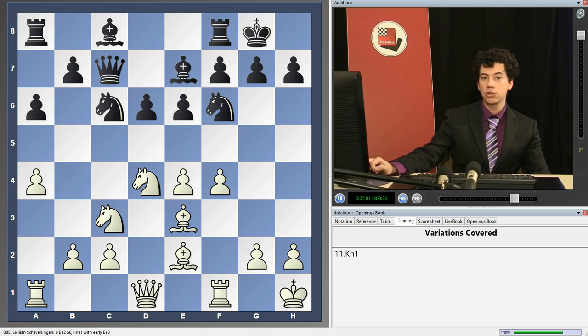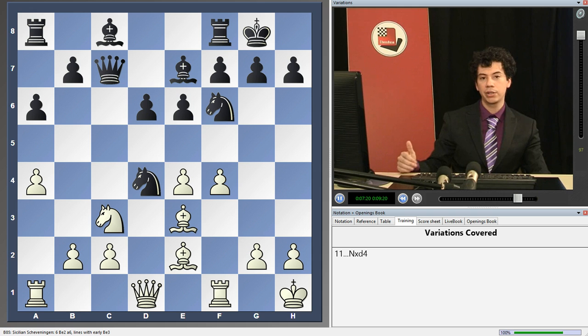We're going to be using a new try championed by players such as Morozevich and Nagy, who have proven in recent games that the move Knight takes d4 is not only worthy of attention, but it's likely to become the main line in the next few years. So this is not only a theoretically relevant DVD, this is the most important variation, and it's brand new, and